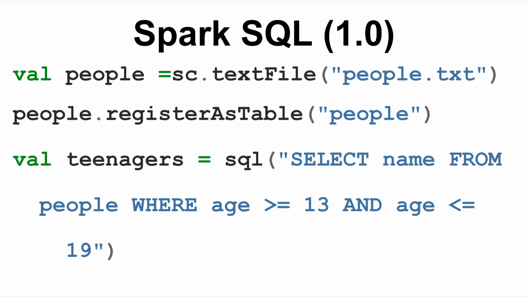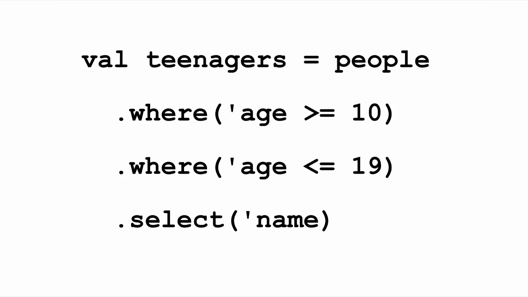So, we read values in from a text file, we create a table, and we run this SQL statement, say, give me all of the teenagers in this population. So it automatically is now mapping and filtering as appropriate, and you're just writing SQL at that point. It also has a nice advanced feature of DSLs, so you write it out like this and it automatically filters for you.